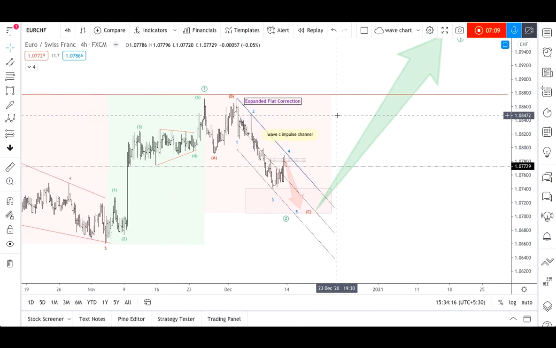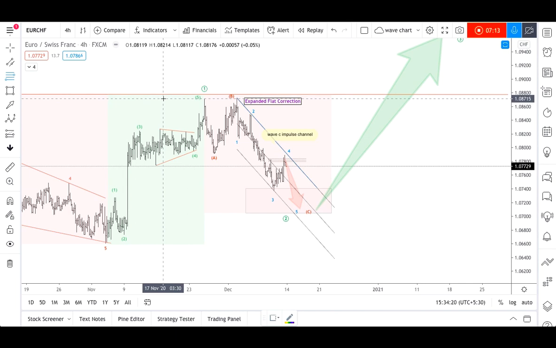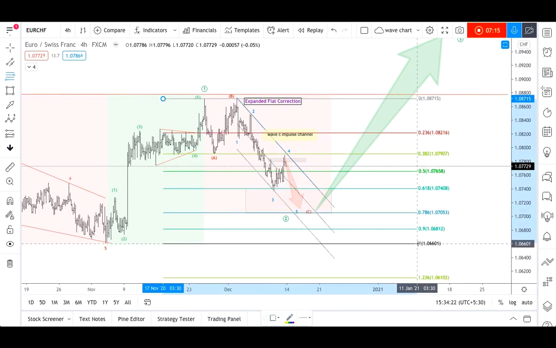There is a common Fibonacci relation between wave 1 and wave 2, that is the 61.8 retracement. Either wave 2 should retrace from this level or the 78% retracement. So this region is important, right? So we are waiting for this region, and from this region our wave 2, the larger degree, this green wave, will be completed.